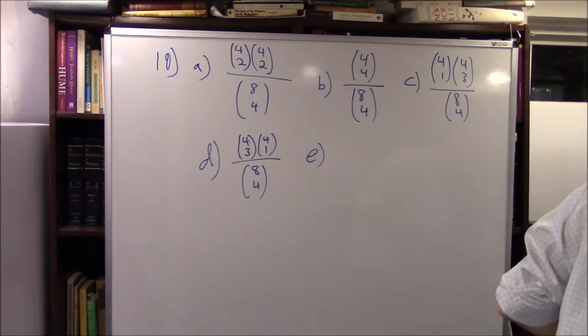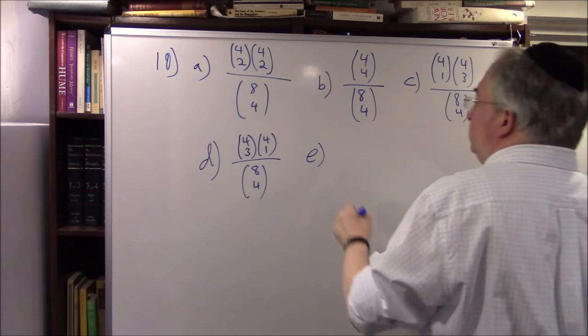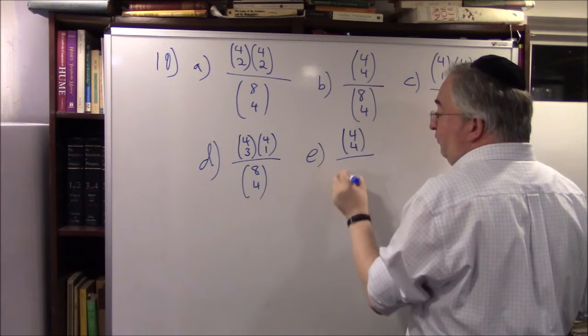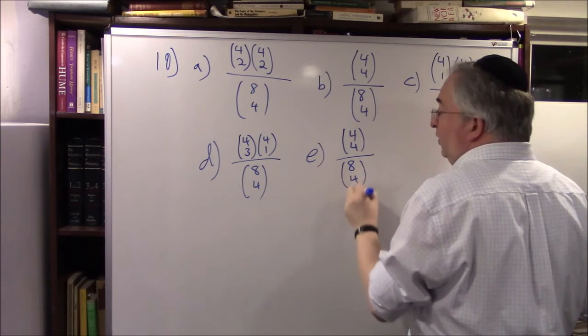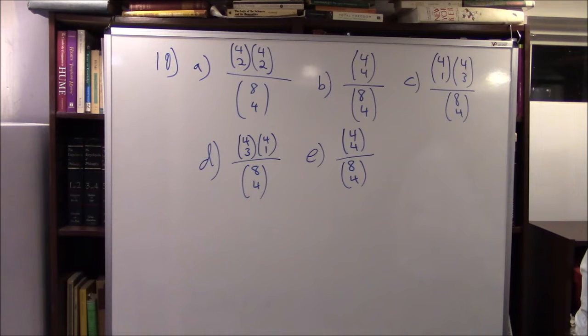Okay. E is all of them are even. So that's 4 choose 4, which is 1. There's only one way to choose all 4 of them, and there's 8 choose 4 ways of doing that. Okay, so that is the end of section